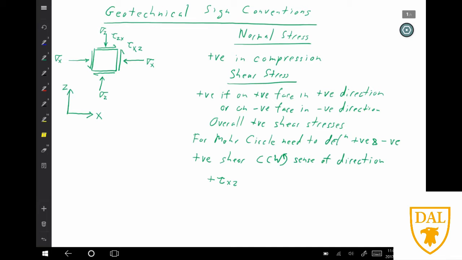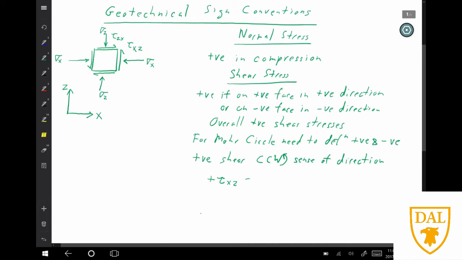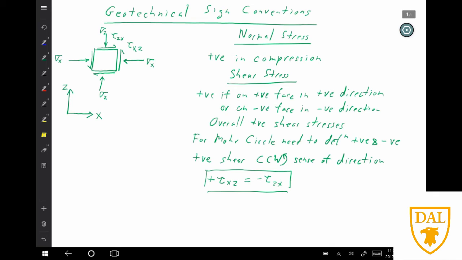And they have the same magnitude because the block is in equilibrium. It's negative tau zx. So that's the sign convention that I like to use